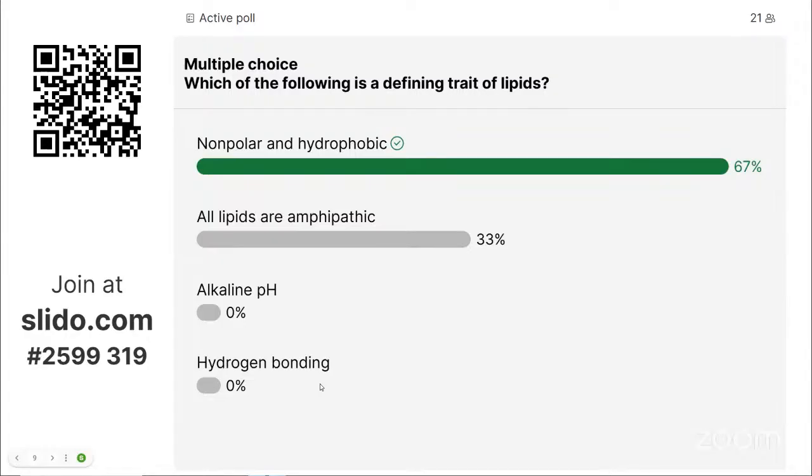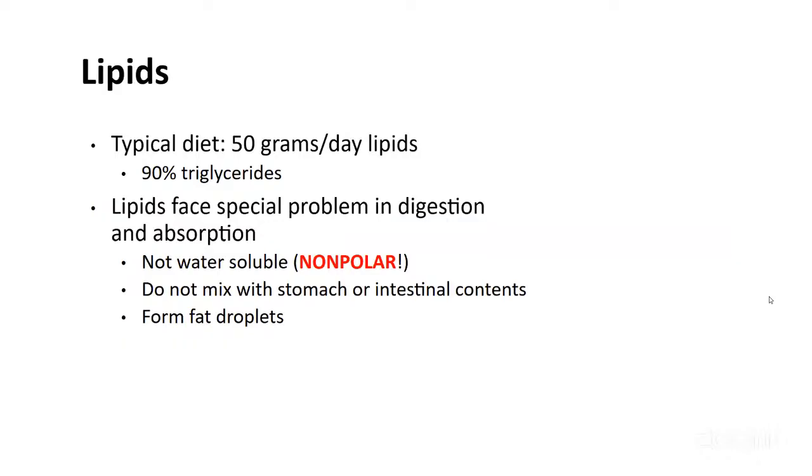So this means that when you eat a fat, it's not mixing well with this watery environment in your body, right? There's a lot of water in all these fluids in the stomach and that we're secreting into your small intestine, your large intestine, et cetera. So this is going to create kind of a problem for us for digestion. We're going to solve it. But we have to operate a little differently than when we're thinking about our carbohydrates or proteins that have different